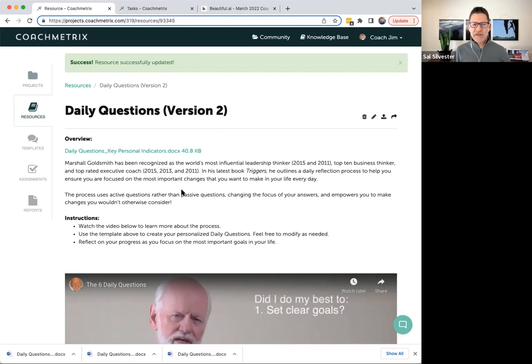What we're demonstrating here, John, is just how easy it is to build a resource so that you can add repeatability into your coaching engagement. So for example, I know a lot of coaches use this tool in their coaching. It's a simple tool for people to reflect every day about the actions that are most important for them to take to be effective either as a leader or in their personal life. And so this is a great tool that you might use across multiple coaching engagements that you can build once and use multiple times with very little effort.